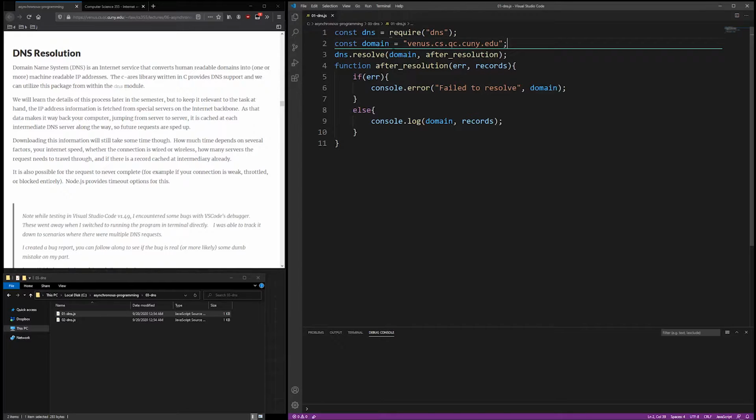So to use the DNS library, we need to require dns. This will import all the methods that we need. In this case, the domain that we want to resolve is vns.cs.qc.cuny.edu. And so we're going to call the function dns.resolve on our domain. Because this is accessing the internet, it's going to take some time, so it's done asynchronously. This specific function is designated as asynchronous, and we need to supply it